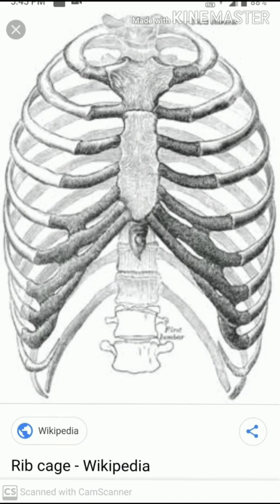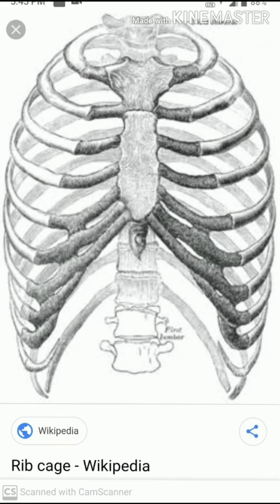The rib cage consists of 12 pairs of ribs that curve around from the back of our body towards the front. The rib cage protects the lungs and heart. All the rib bones are connected to the upper part of the backbone. In front, ribs are connected to the breastbone called sternum. The lowest two pairs are not connected to the breastbone and are thus called floating ribs.